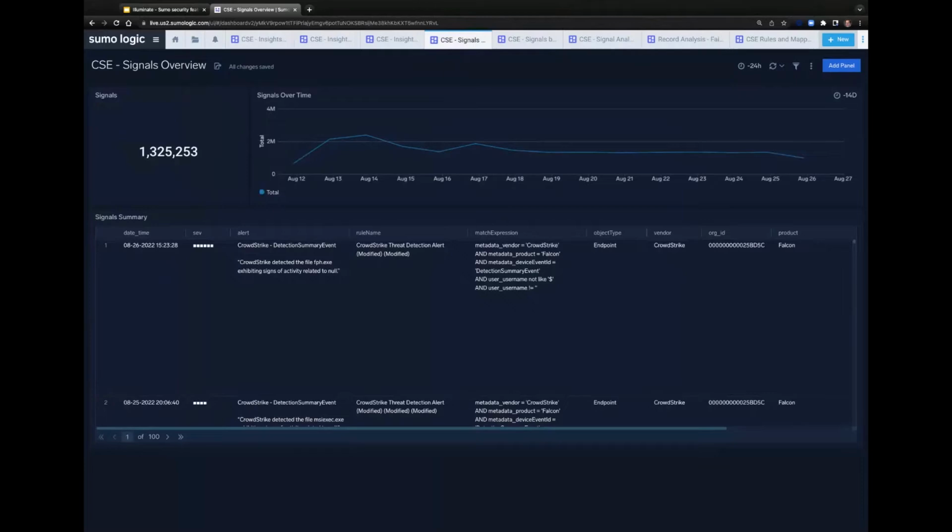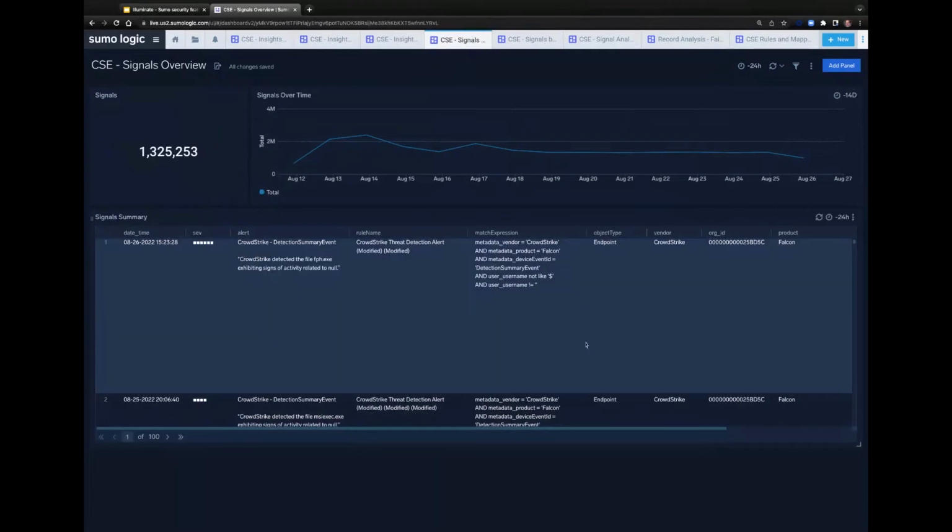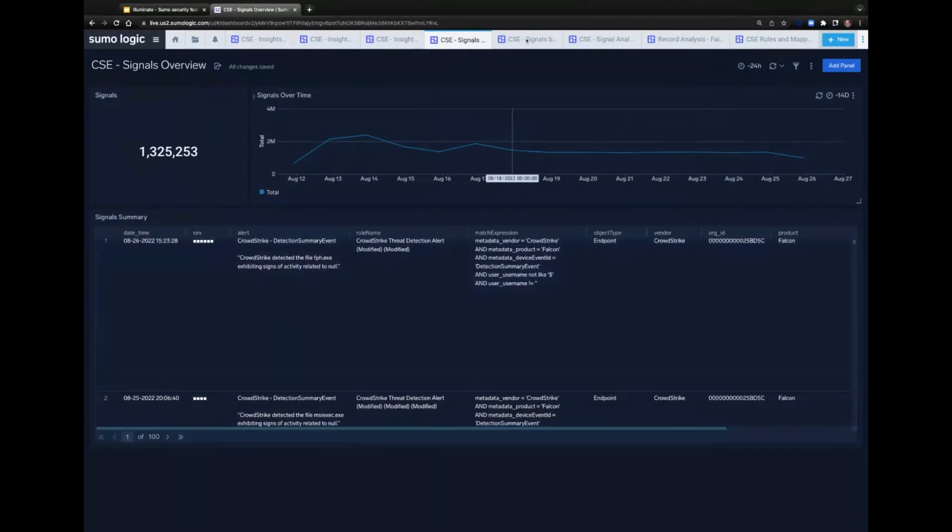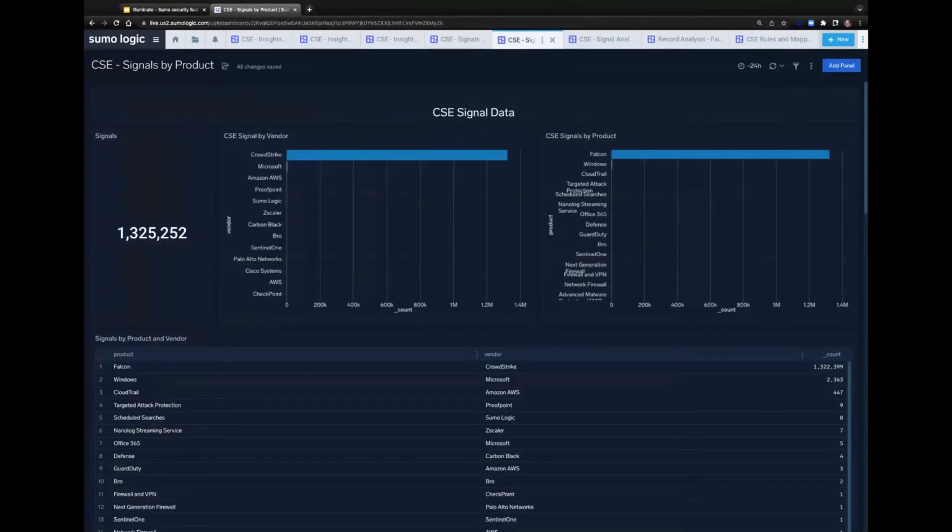So next up, I'll move on to signals. The signals, again, are the security relevant events that we're generating through the rules in Cloud SIEM Enterprise. And you can see here, looking across the timeline that we have with the overview, we're showing changes across time. So you can see if there are spikes or dips in the signals being generated in a total signal count, with some additional summaries that you've got here. But the real interesting stuff is when you actually dig down into the